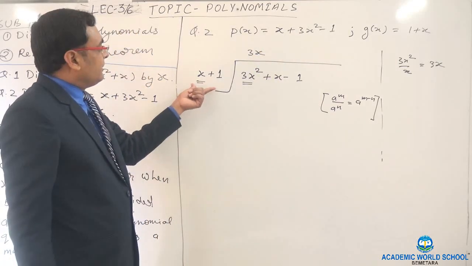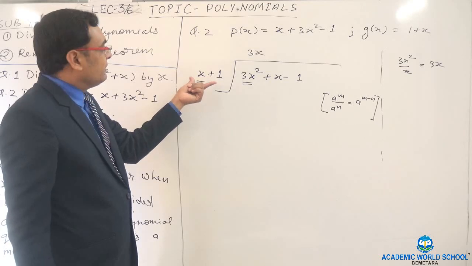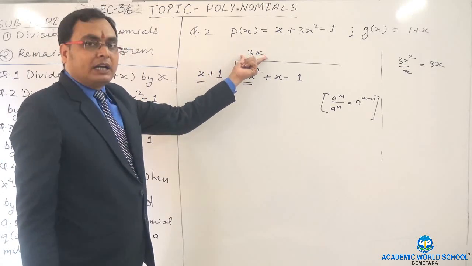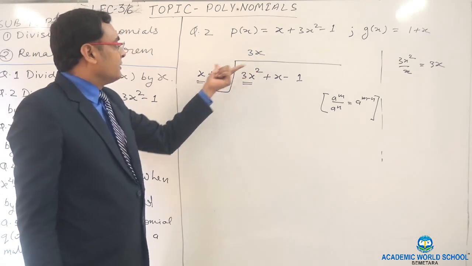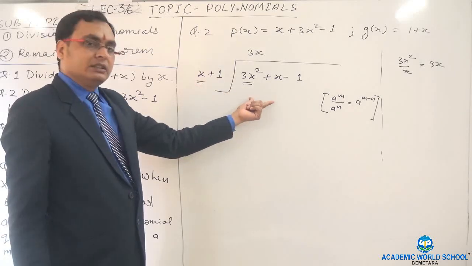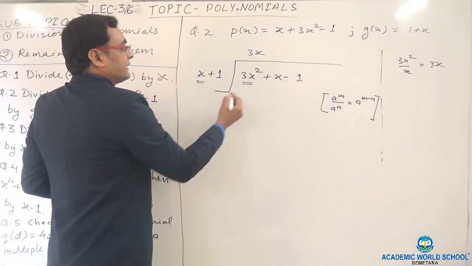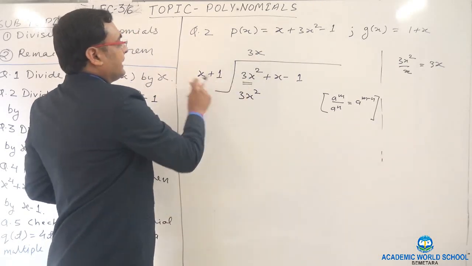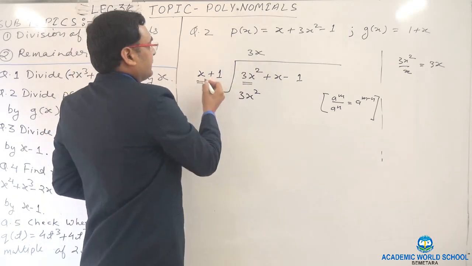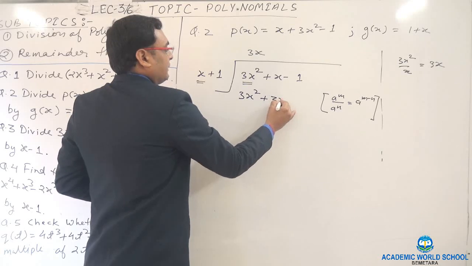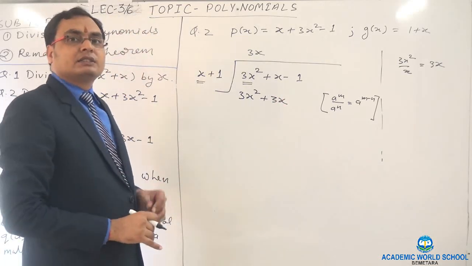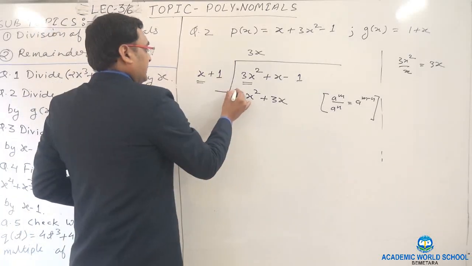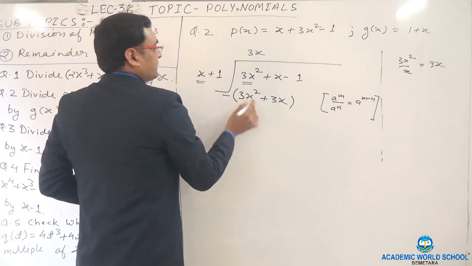Now we are aware that we are not dividing by x only, but by this whole polynomial x plus 1. So this is the quotient part. We will multiply this quotient part 3x by this whole polynomial and write our answer here. So 3x into x, again we will get 3x square. Now multiply this 3x with plus 1. So 3x into plus 1, we will get 3x. Now what we do in our simple division of numbers, we subtract this term. So here also we will subtract this term from the